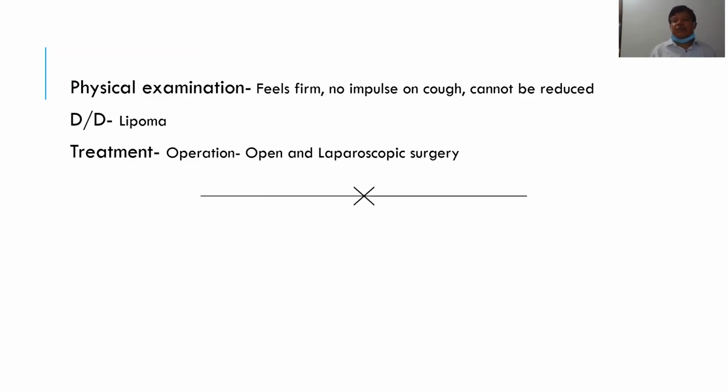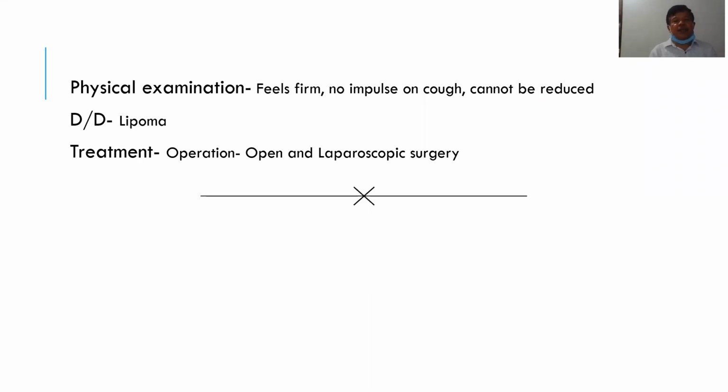So there is no impulse on cough and it is not reducible. Only in some cases, whenever the defect and hernial sac are too big, there may be an impulse on cough or it may be reducible. Otherwise impulse on cough and reducibility are less prominent.